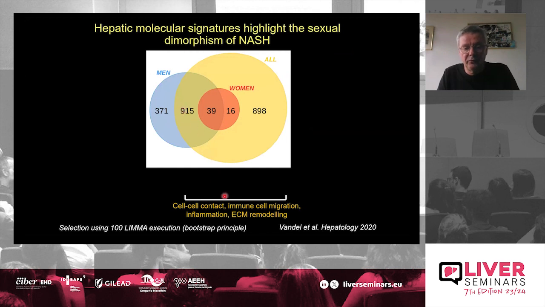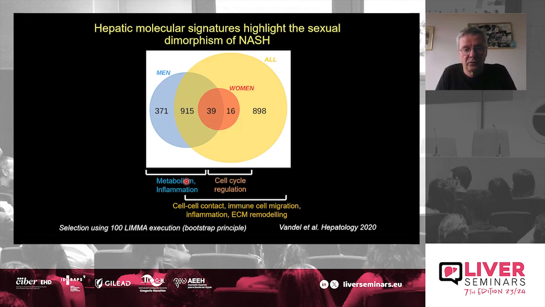And so we found that the pathways are quite different, with female livers showing more cell-cell contact and immune cell migration, inflammation, extracellular remodeling being altered, whereas in male livers, it's more metabolism and inflammation. So this, I think, is quite an important observation, and should spawn studies to include, and also preclinical studies in mouse models for those who do these studies in their laboratories, to study also the female